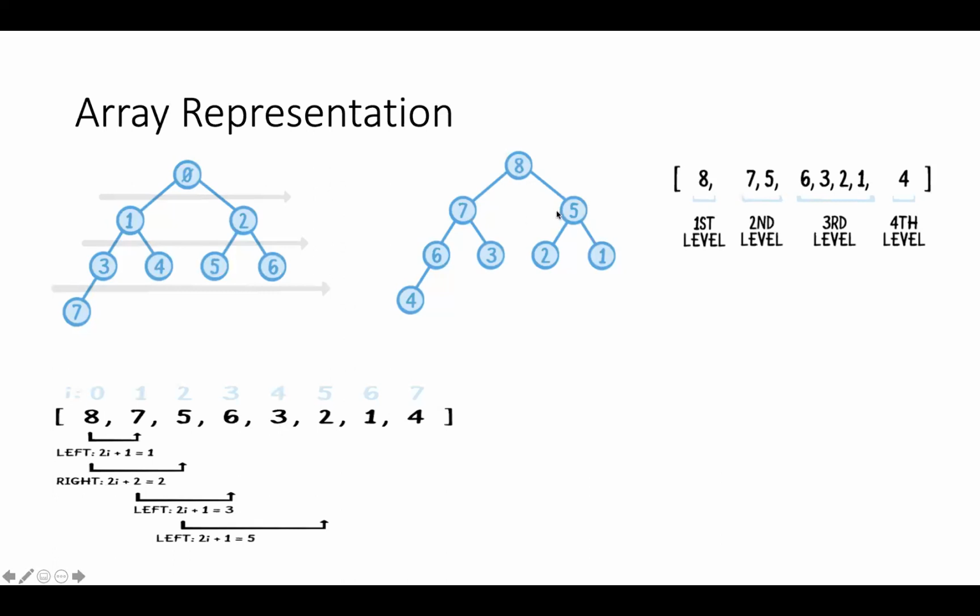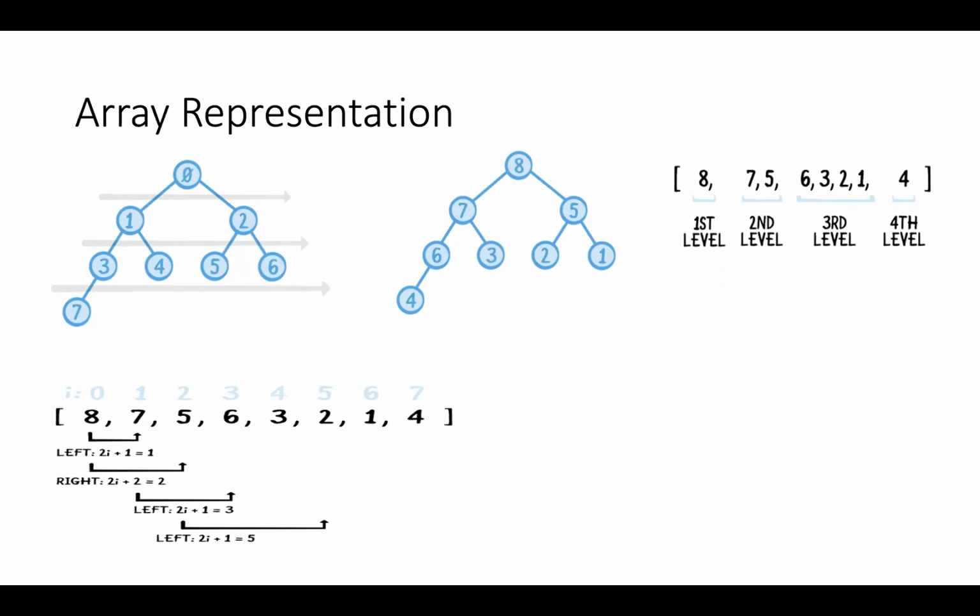Similarly, what is the right child of 5? It is at index 2, so 2 into 2 plus 2, that is 4 plus 2, which is 6. Correct. Here we are mapping left and right subtrees using the index property. Similarly, if somebody asks what is the parent of 7 and 5, if I just divide by 2...